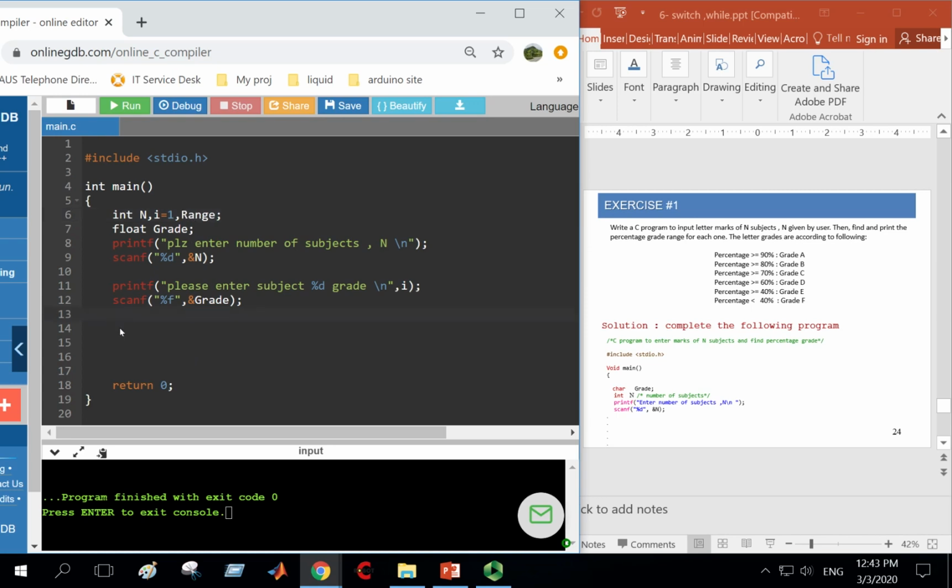Now we have to say that if the grade is greater than or equal to 90, okay, that means the range equal to 1. And Range here is capital because the programming language is case sensitive. So Range equal 1. Now else if